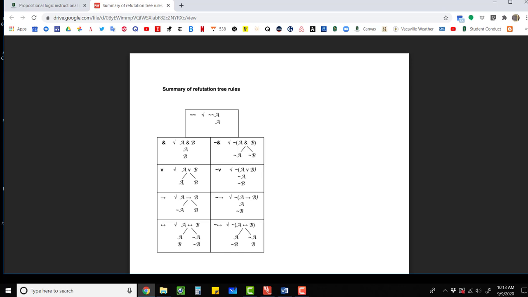If you've memorized the truth tables, they make eminent sense, but they also make intuitive sense as well. And when you're applying these rules, don't mess around with the order. Make sure, for example, that with the biconditionals, you decompose them in exactly this order. Okay, the last thing I'll mention is that anytime you apply a rule, you always put a check on the left-hand side of the formula that you're decomposing. That check tells you that you are done with this,